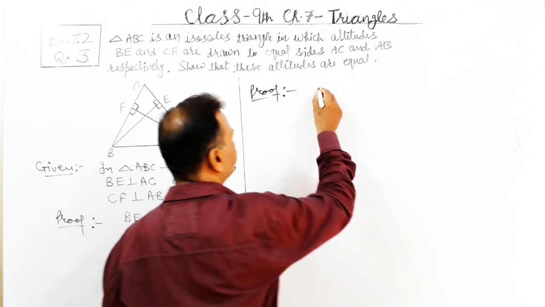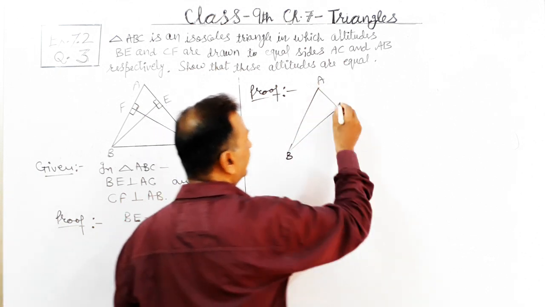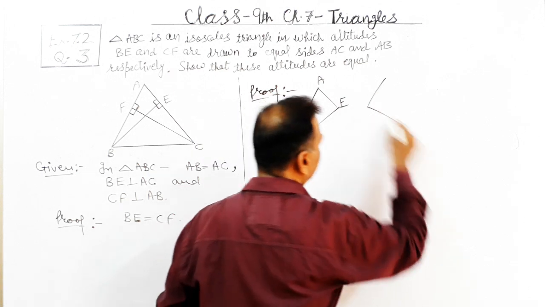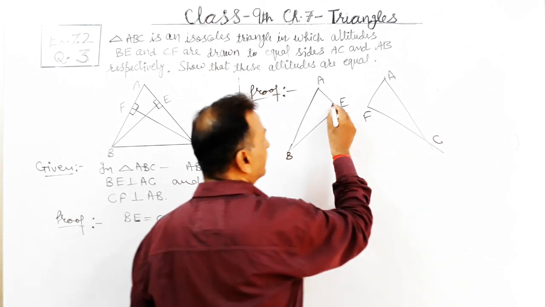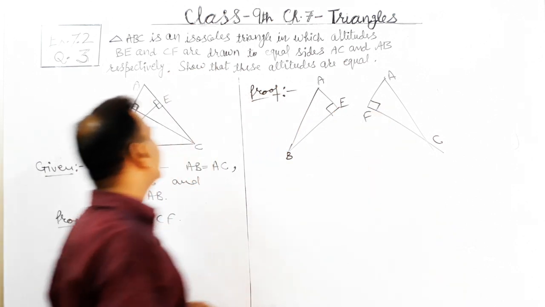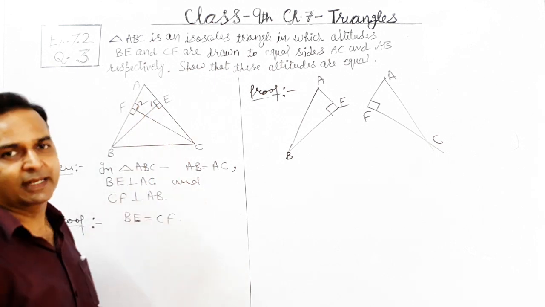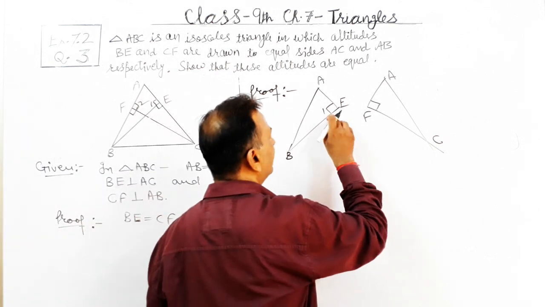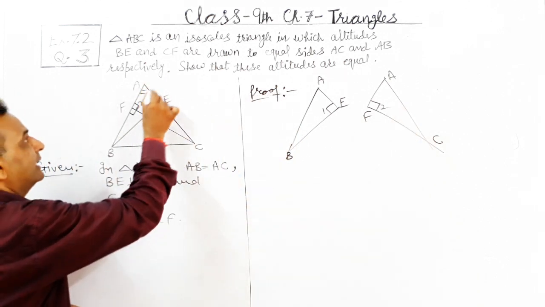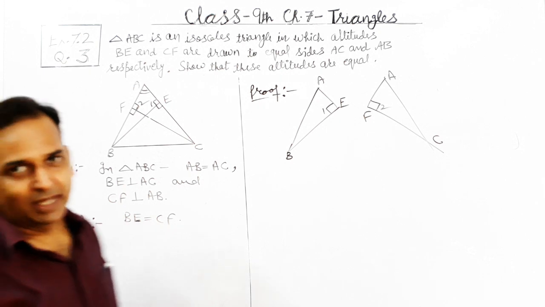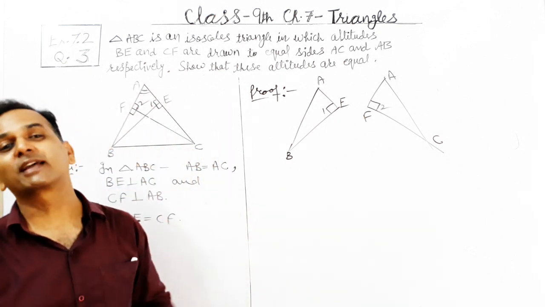First of all, this is triangle ABE, and the second one is triangle ACF. This is 90 degrees, this is 90 degrees. Suppose from the main figure, angle E means angle 1, angle F means angle 2. So this is angle 1, this is angle number 2. Also, we can see this angle A is present in both of these triangles. Angle A is part of triangle ABE as well as part of triangle ACF.